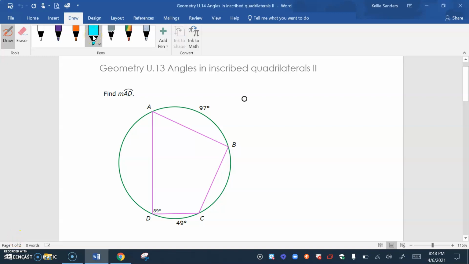Angles in Inscribed Quadrilaterals Part 2. This is when we're going to use what I started with in 12. So it wants the arc, the measure of arc AD. So from A to D, that's what we're looking for. To get that, we are going to need